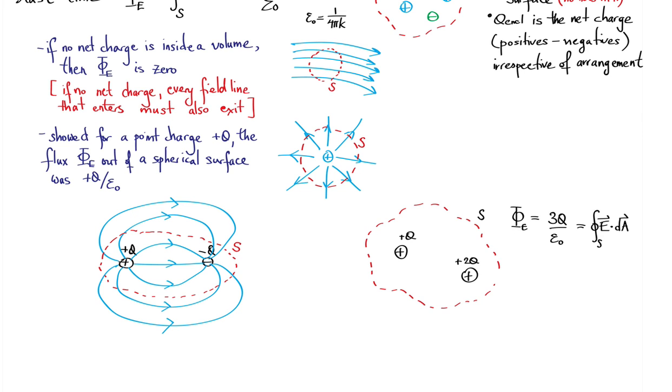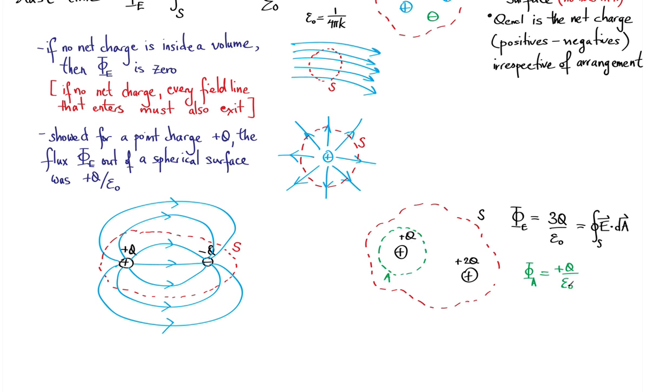So one way to think about it is as follows, right? We know what it is for a sphere. We did that over here. So you could imagine that the way we do this is we have one sphere that just encloses plus Q. This one we don't need to worry about because it's outside this surface. So the contribution to the flux for this surface, which we'll call A, phi sub A, should just be what we learned for the point charge, which is plus Q